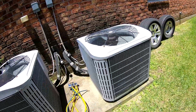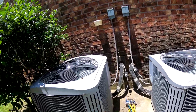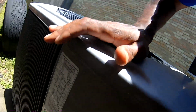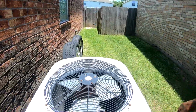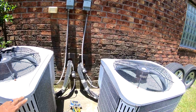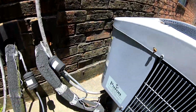the upstairs and the downstairs, like I said, these days you don't really know which one, the small unit or the big unit. I can't read the name tag on this one. I can on this one, which is a 4.8, which is a 4-ton. That kind of got me thinking this is the upstairs unit, but I thought this was a smaller one. So this may be the upstairs right here, the smaller one. And they got the 4-ton for upstairs. But